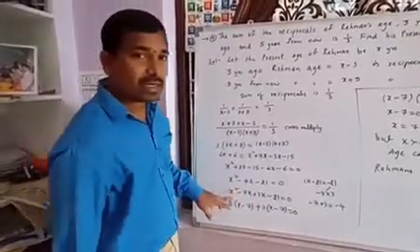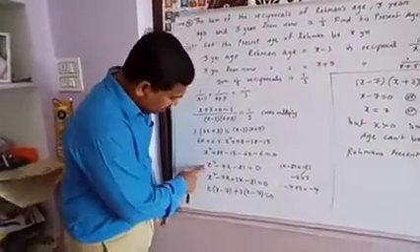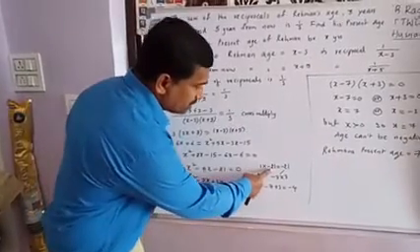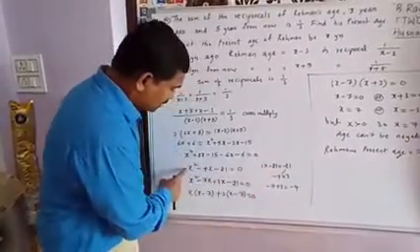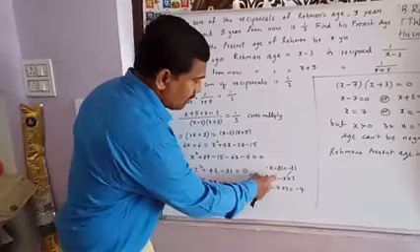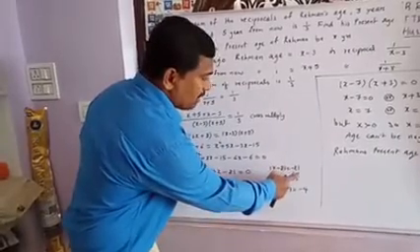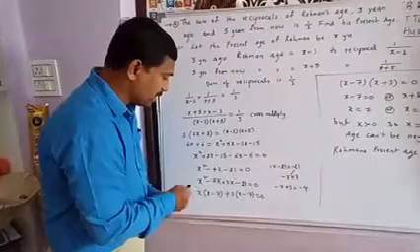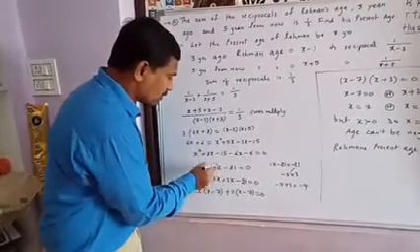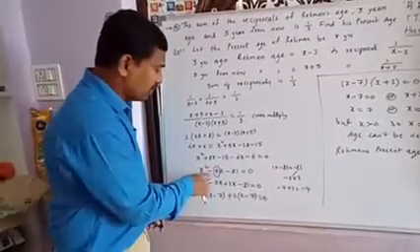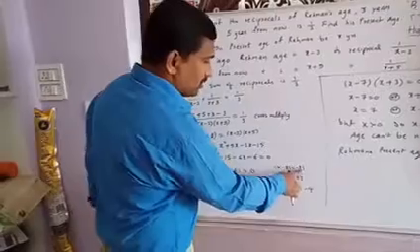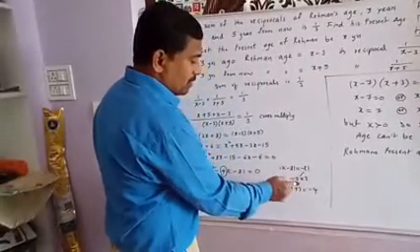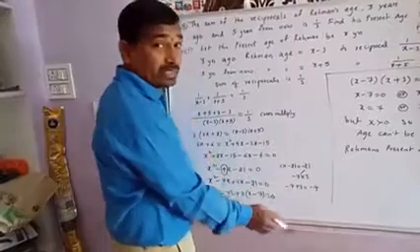Here to find the factors, take the x square coefficient 1 and the constant minus 21. Multiply these two: minus 21. Find two factors of minus 21 whose sum should be the x coefficient, minus 4. So 21 can be written as 7 threes are 21. So minus 7 plus 3 equals minus 4.